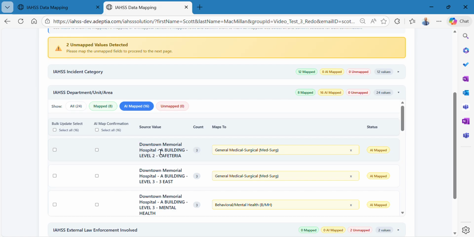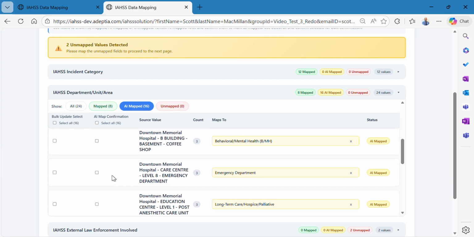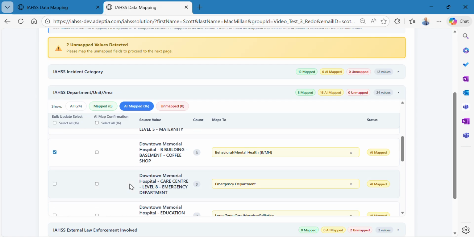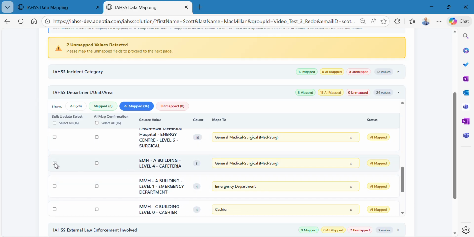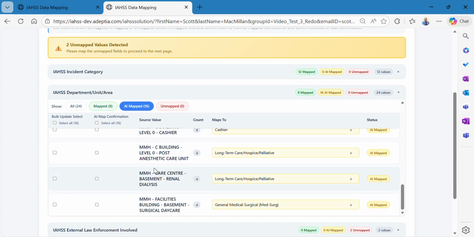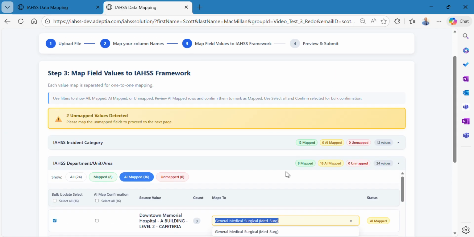So we've got cafeteria. We know that's a public space. So let's select that, and let's see if there's any other ones we can bulk map. Palliative, maternity. There, coffee shop is a public. Here, surgical. Cafeteria is a public. And that's it. So we can select here, we can type in interior, public space, done, refresh, and we'll begin